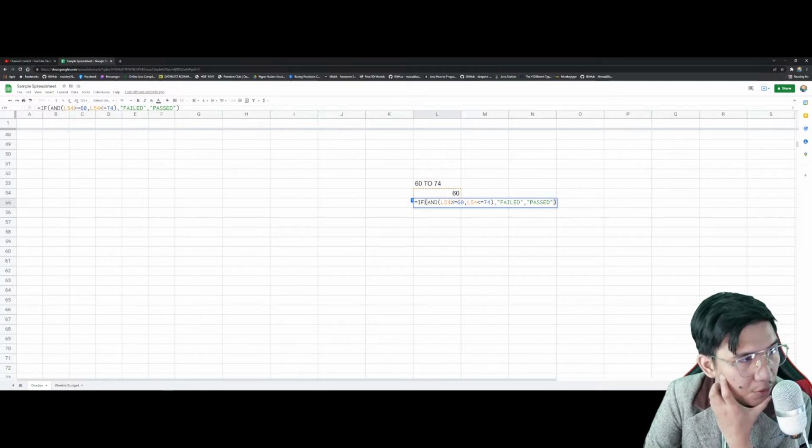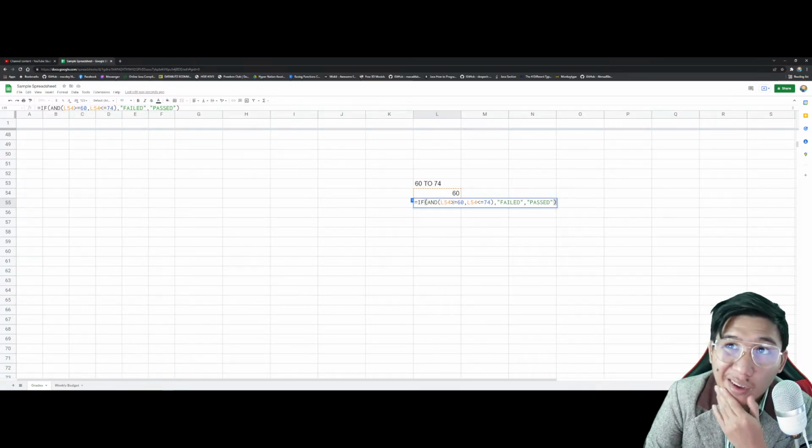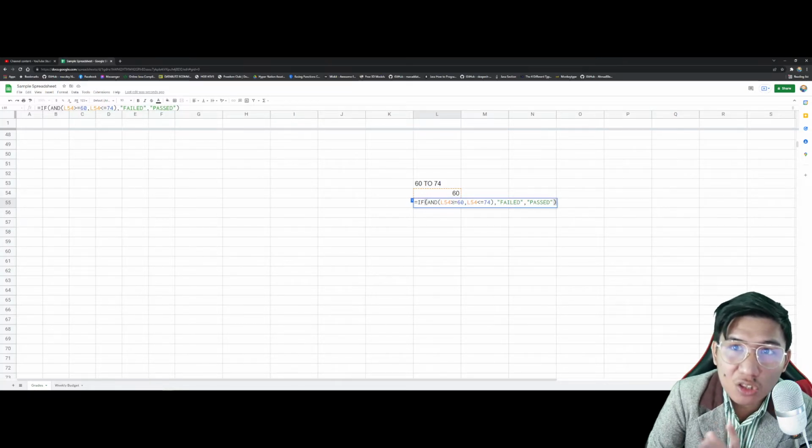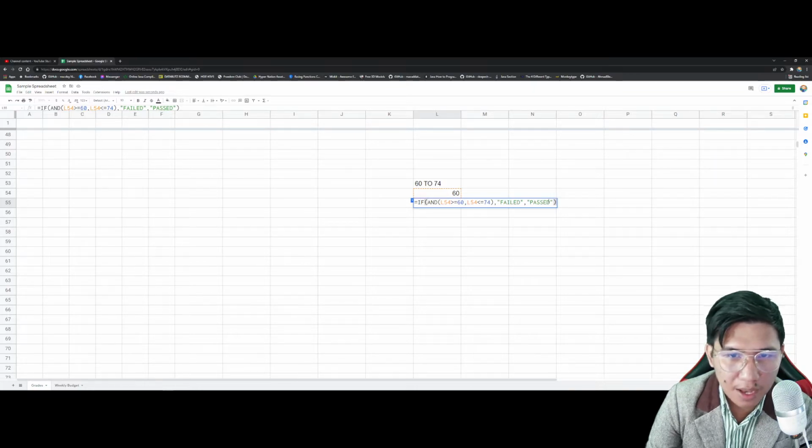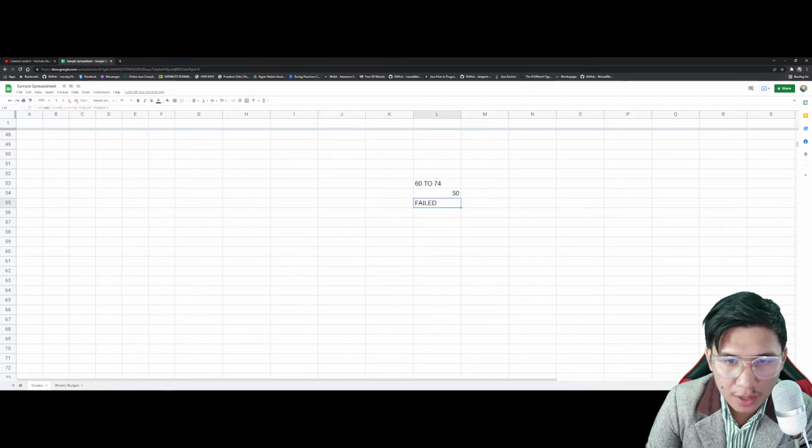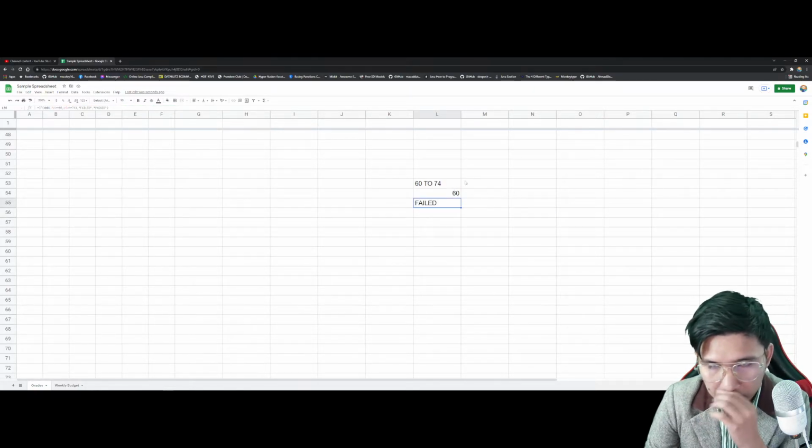Nakuha ba natin yon? So, try mo siyang gamitin kapag mga ganyan. Mga range in particular. So, 60, 74, failed, pass, and so on. What else? Kapag or naman, for example,